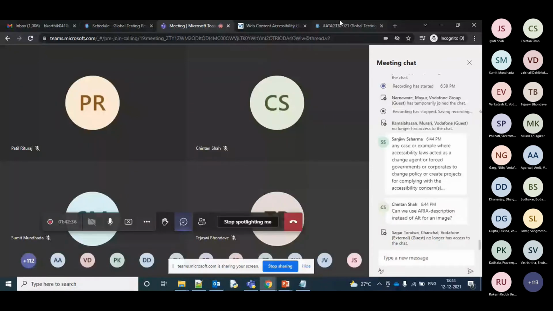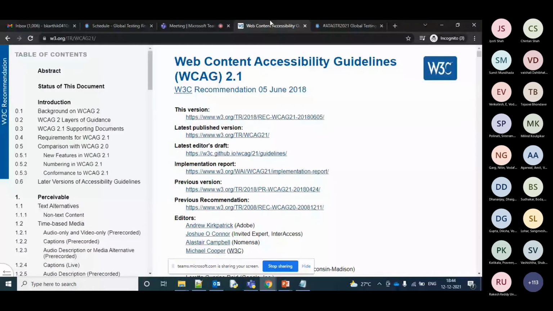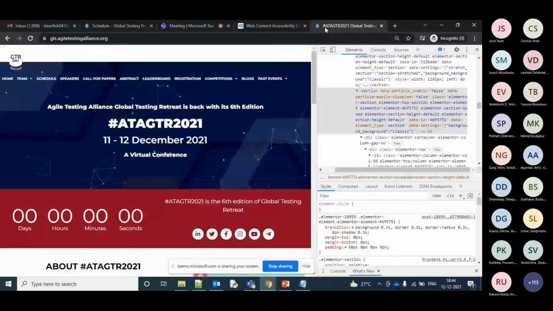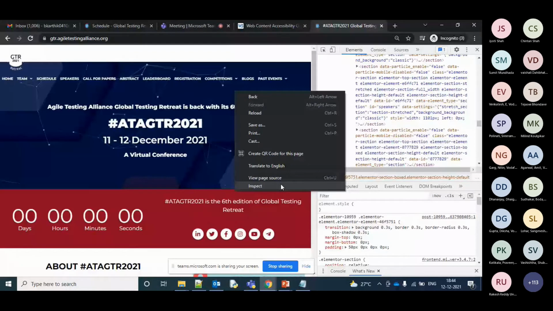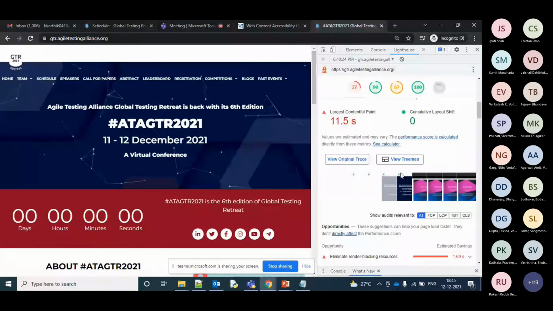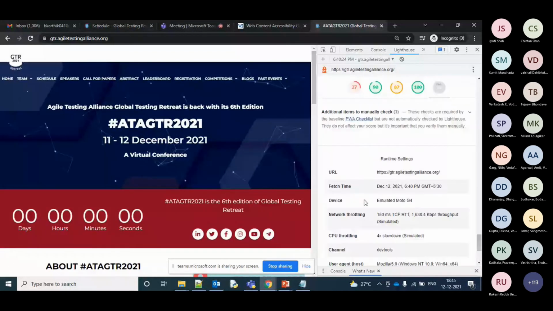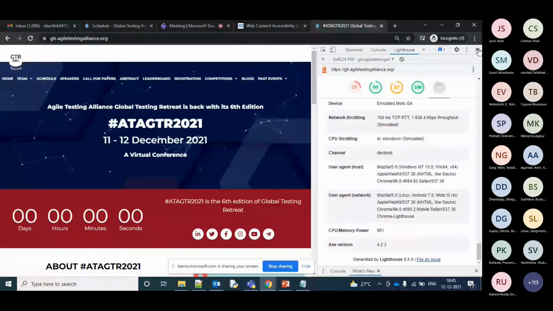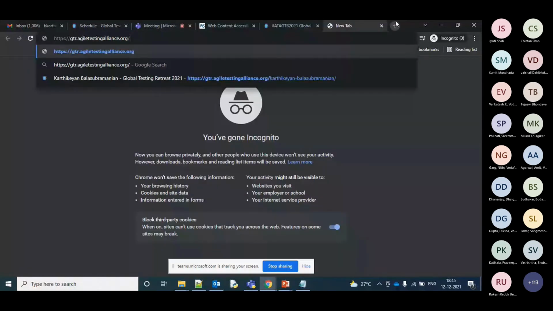The presence of ARIA might be helpful in some of the tools, but alt text goes with the browser. Let me show this again. Just one second, sorry. Let me test it again. Inspect, go to Lighthouse. Okay, just open it again.